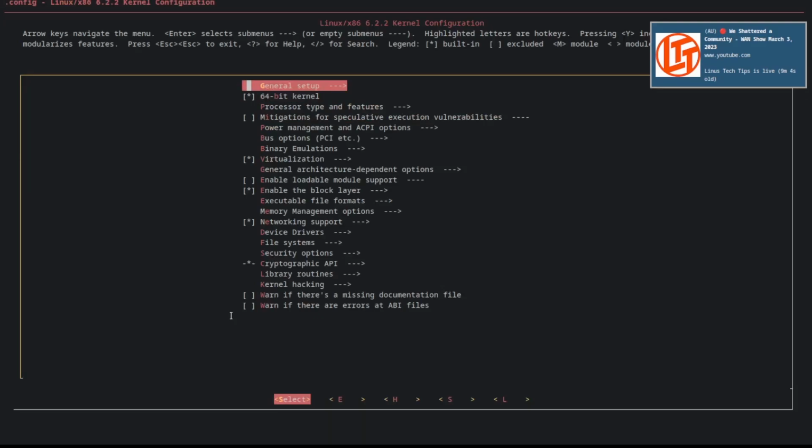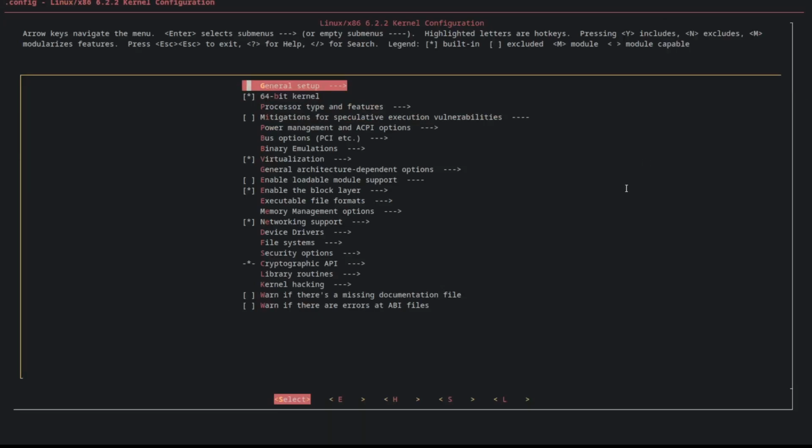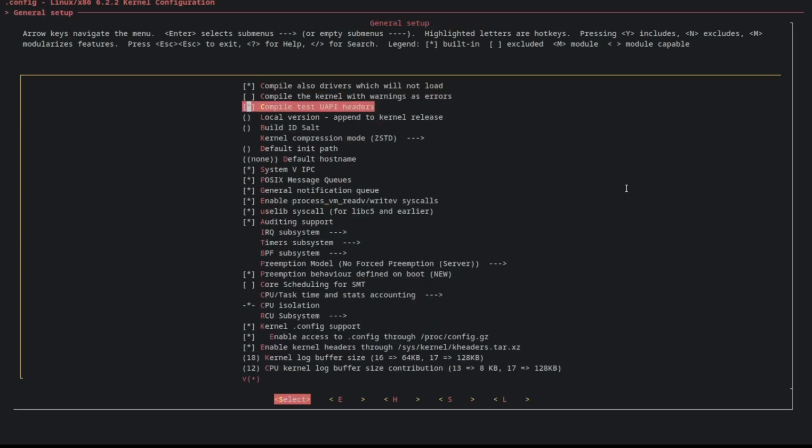Now, this is where you do your make menuconfig. There's a couple things to keep in mind. It's going to give you the default config, but you need to look through here carefully because there are some things in here you're going to want to know. It depends on how exactly you want to build a kernel and what you want to build it for. If you're building it to be lean, mean, and fast,